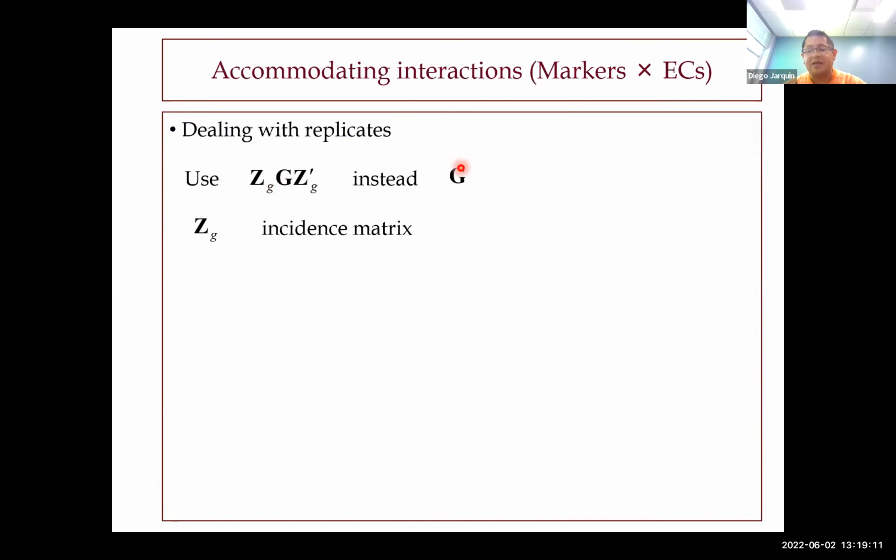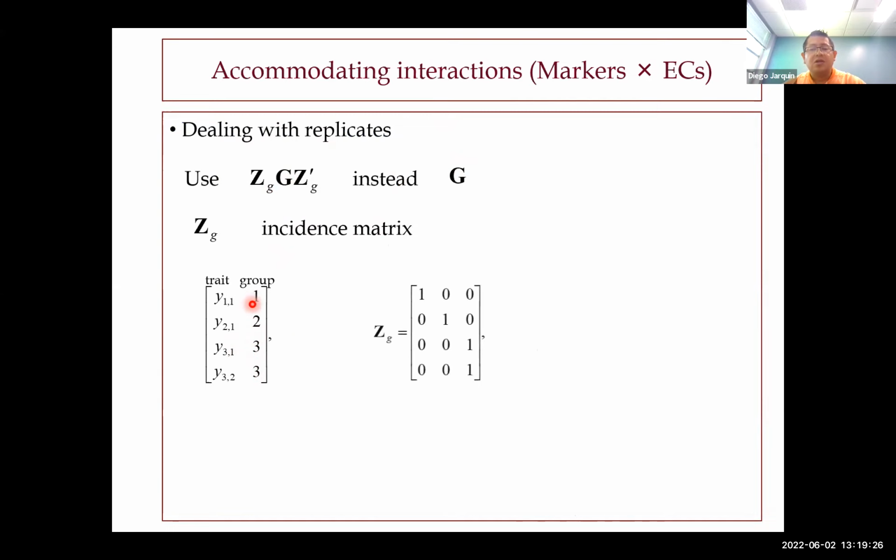For example, for markers G, suppose that we have 3 genotypes, but one of these genotypes is repeated, so in a different group. So what we have to do is to compute the incidence matrix in a way that the row where we have number 1 corresponds to the group of the genotype. So in this case, we have group 1, group 2, group 3, and group 3. And the next thing is just compute the